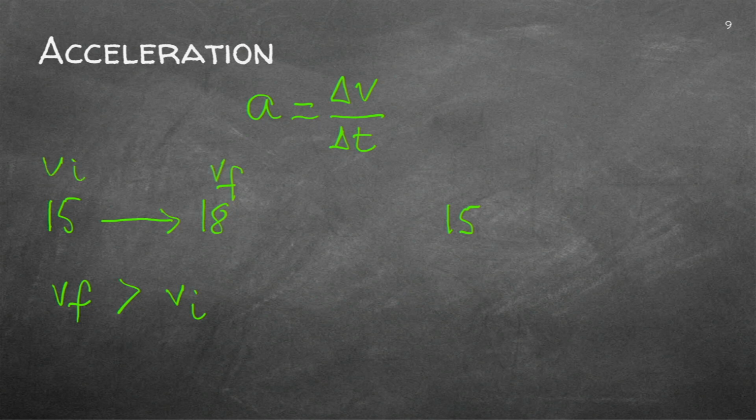Let me just do the right thing. And it stops. You are braking. You are putting the brakes on the car and it stops. You can clearly see this is smaller than the 15. Again, you will say V final minus V initial, which will be 0 minus 15. And you see now that your answer will be minus 15 over the time.